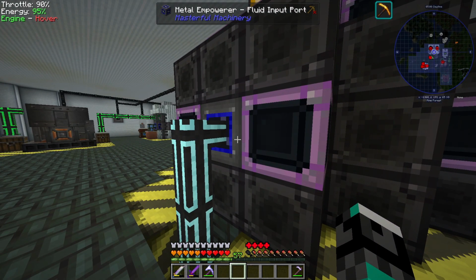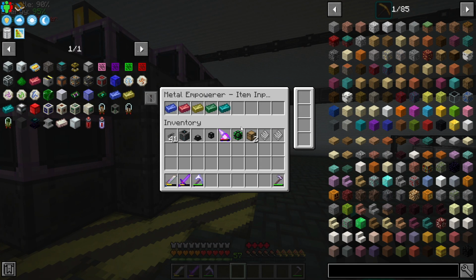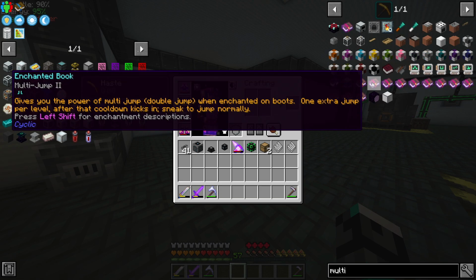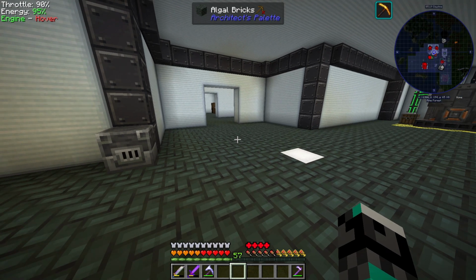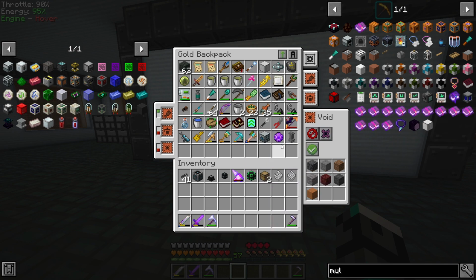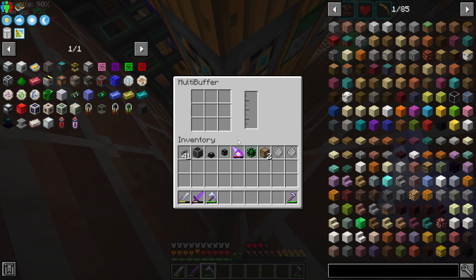Now you might be wondering, well, how are you actually going to be able to deal with oil since it's a fluid and not like normal items? Well, basically there's a thing here called the multi-buffer. I made 2 of these already, and these are actually pretty helpful. I think I still have one here, or in my bag. Oh no, where is it? Well, there you go. I have this one right here, and basically, as you can see, it has like 9 stack holding capacity,